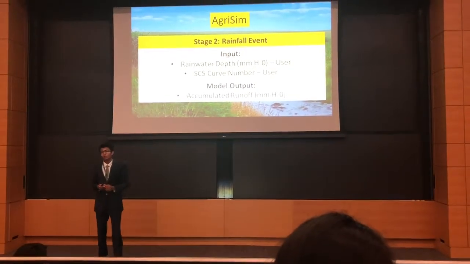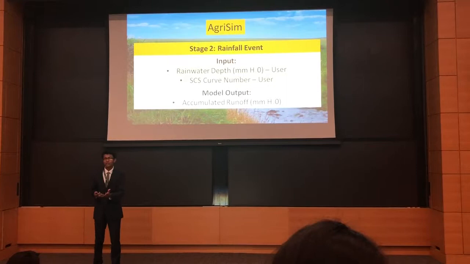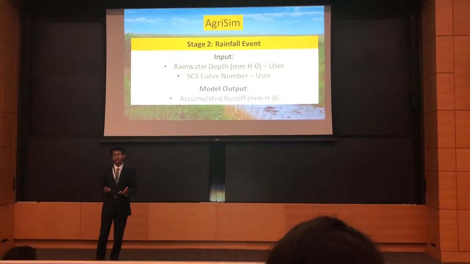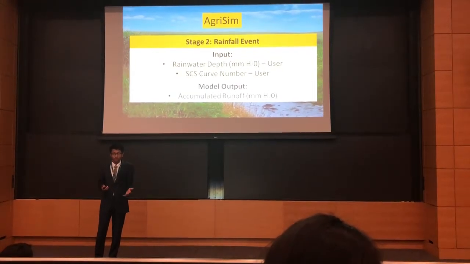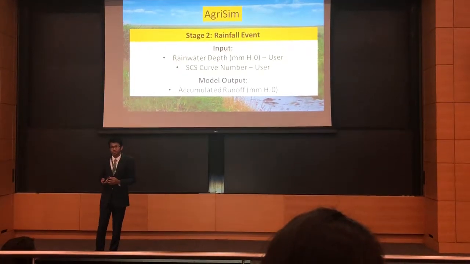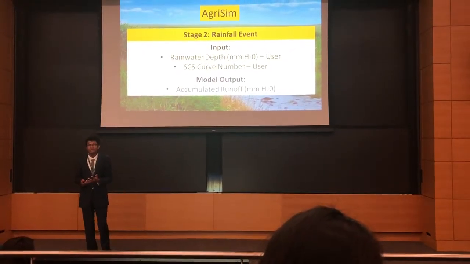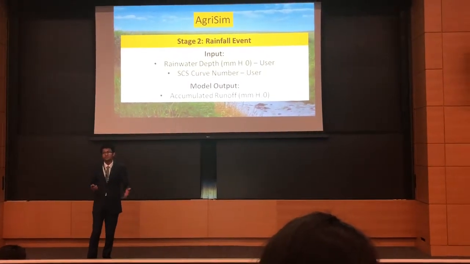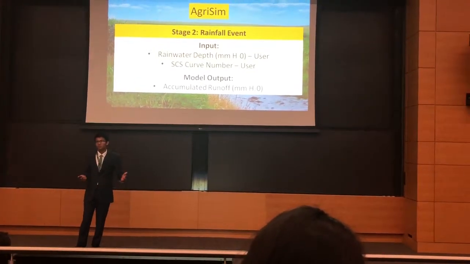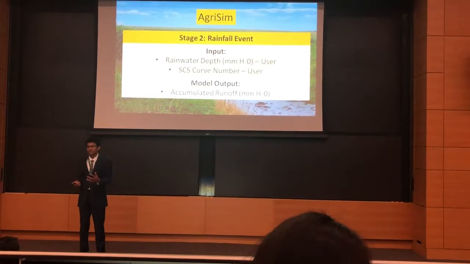In stage 2, farmers simulate a rainfall event, and here they input data about rainfalls that could occur on their farm, and this is in millimeters. On top of that, farmers have to also input this number called the SCS curve number. And the SCS curve number is very important because this is how I can manage both accuracy as well as user friendliness. So the SCS curve number is a number that you commonly find in your soil analysis sheet, which